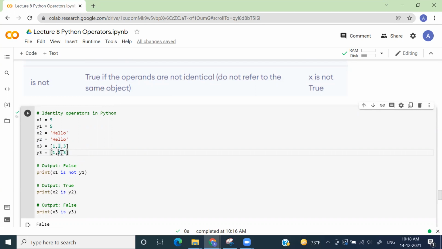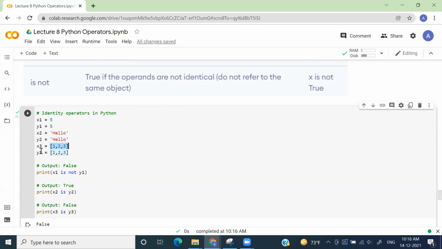What different thing happened in this case is, the moment you assign this list 1 2 3 to variable x3, you have allocated certain memory, and in that memory you're storing this particular list.